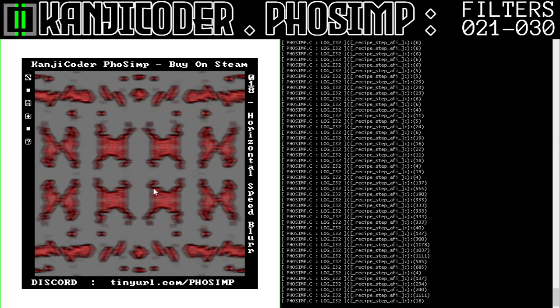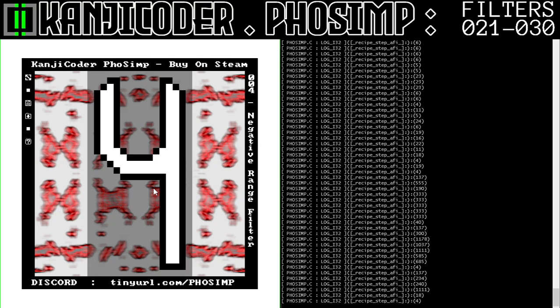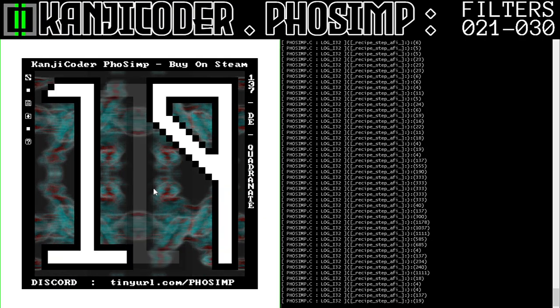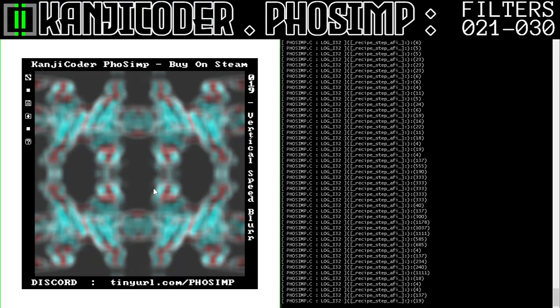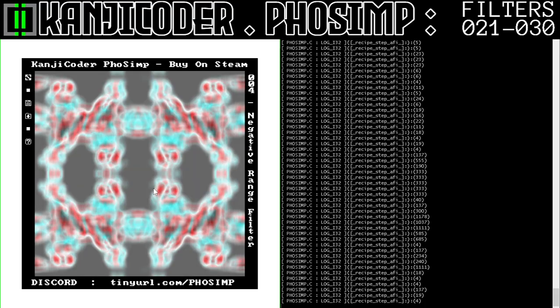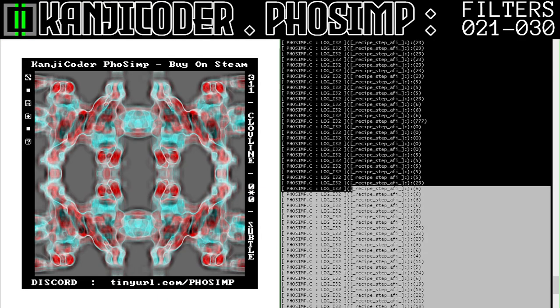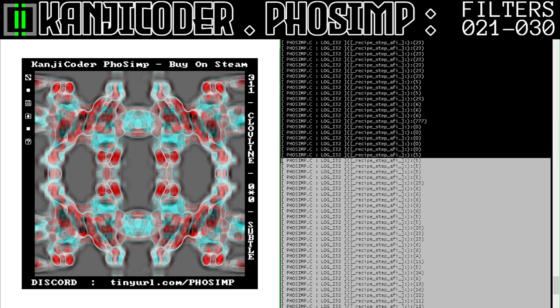Okay, you know what? Even if we make something by now, it's gonna be too long of a recipe, and if it's too long, we can't put it into the source code for PHOSIMP. I like this. I think we made something kind of cool, but it may be more than... So we've got to look for our zeros. These are all of our zeros. This may be more than